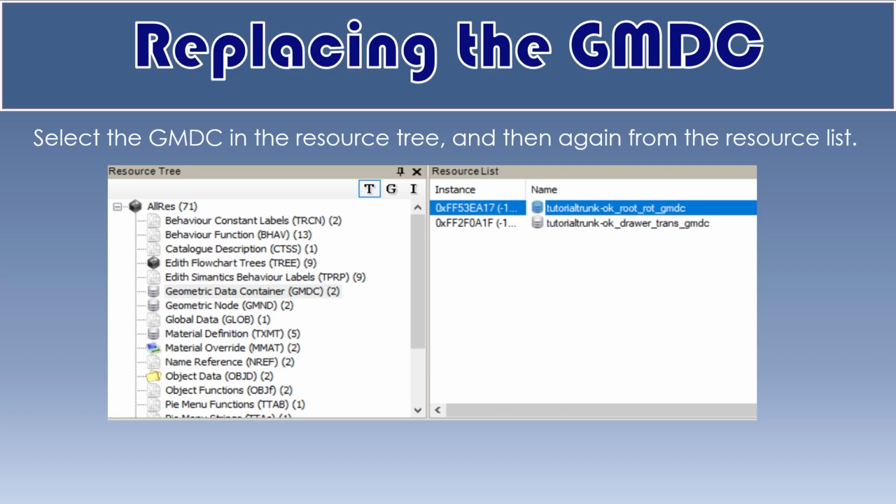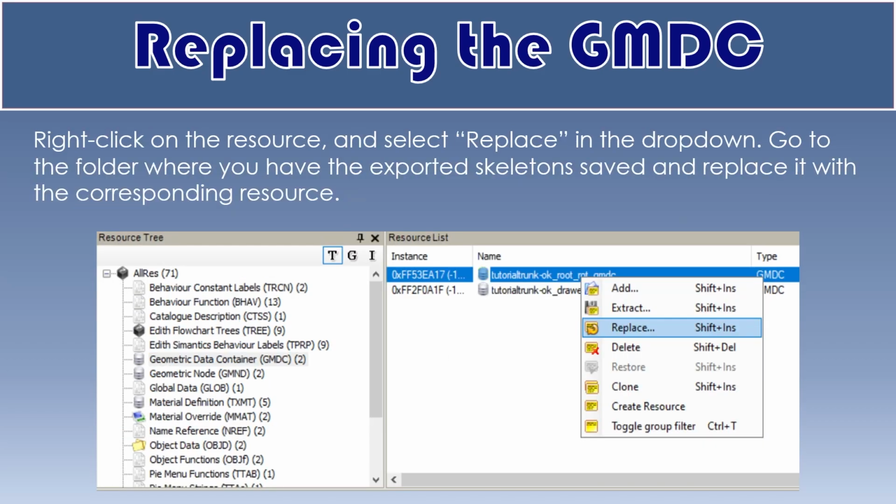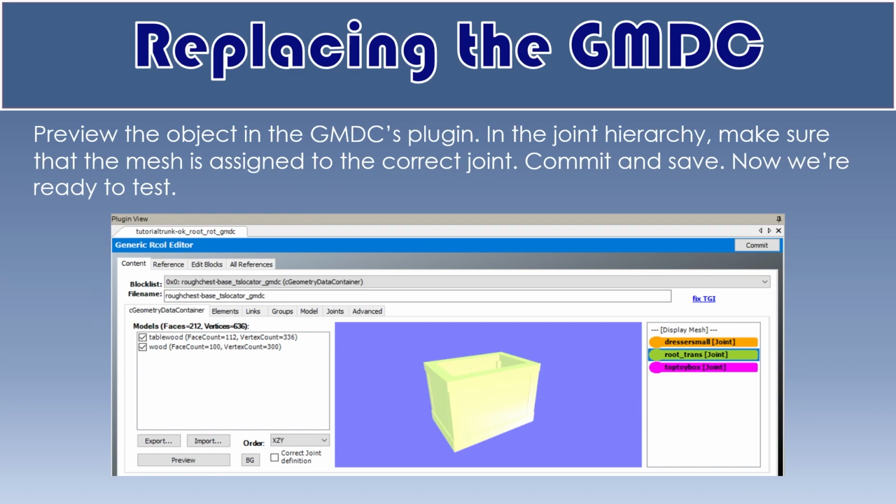Now, to replace the GMDC, we select the GMDC in the resource tree, the one that we want to replace in the resource list. We right click, and then in the dropdown, we're selecting Replace. We go to our folder, we select the one that we exported that we're trying to replace the GMDC with, we just replace. Then in the plugin, we click on that preview button,